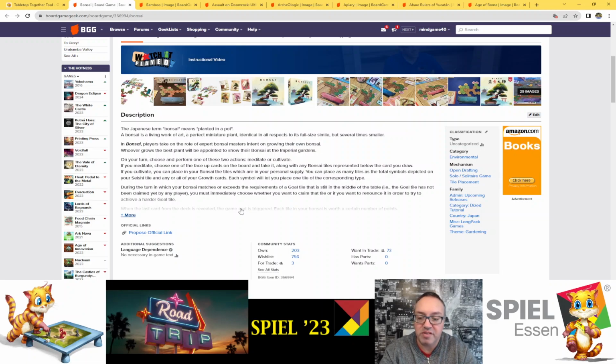Or you can cultivate. You can place in your bonsai the tiles which are in your personal supply. You can place as many tiles as the total symbols depicted on your Seishi tile, and any or all of your goal tile cards. So yeah,